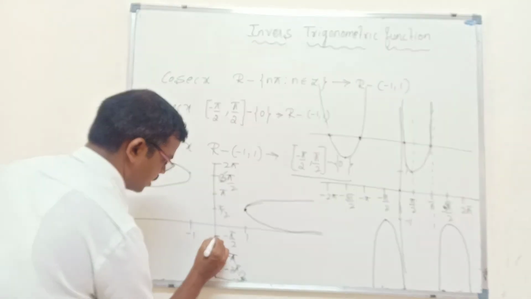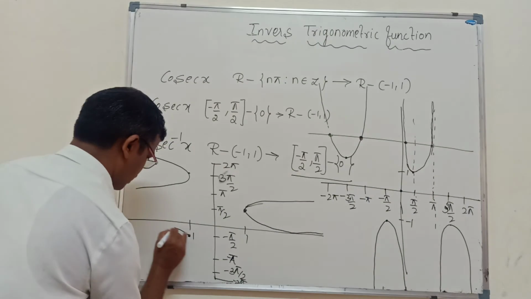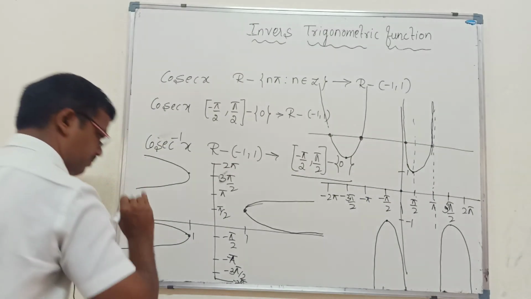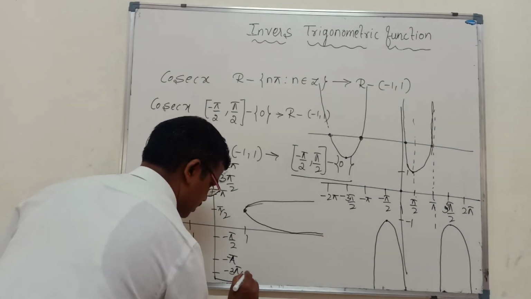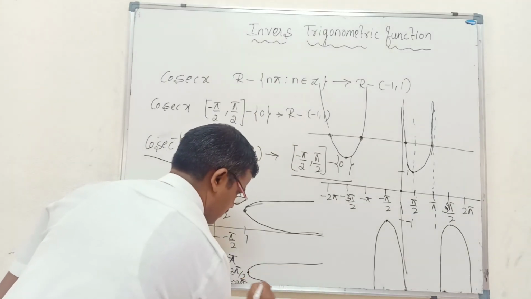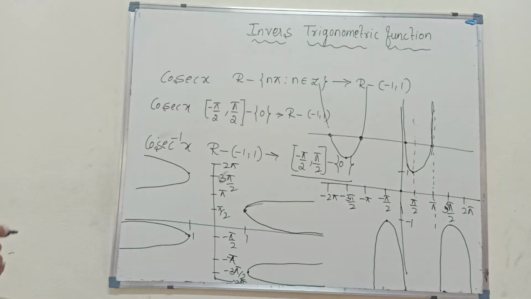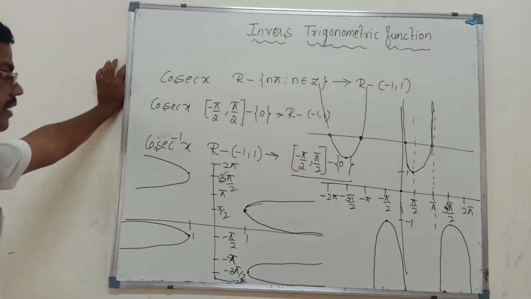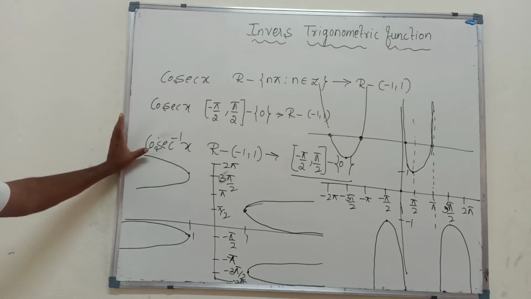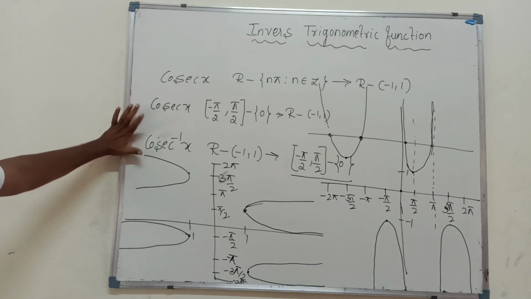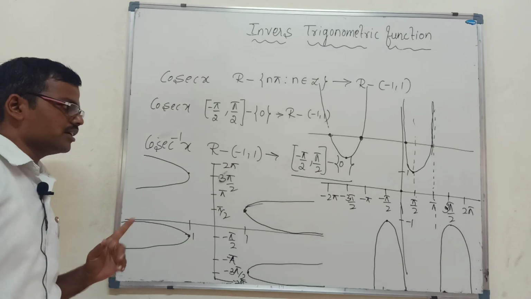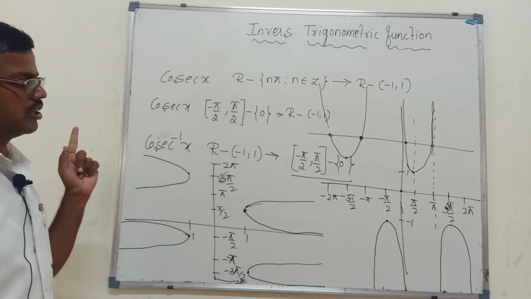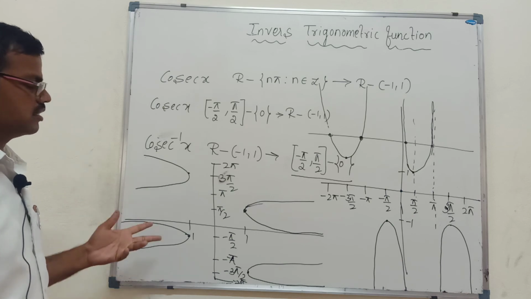Next, if we minus pi, so this is the graph for the inverse trigonometry, and for minus 3 pi by 2 it is plus. So then the graph is like this. This is the graph of the inverse trigonometric function for cosec. So this completes all 5 trigonometric functions and their domain and range. We confirmed and concluded the range and domain of all the inverse trigonometric functions. So next we come to the principal branch.